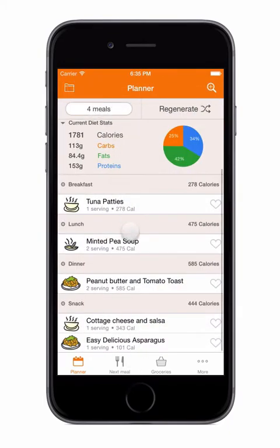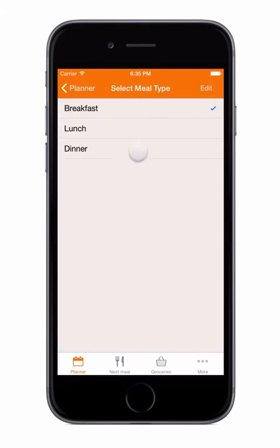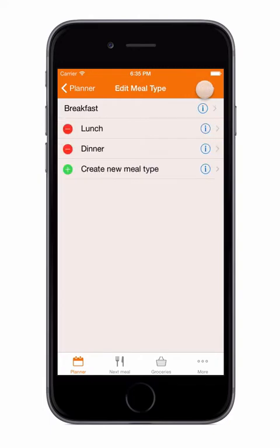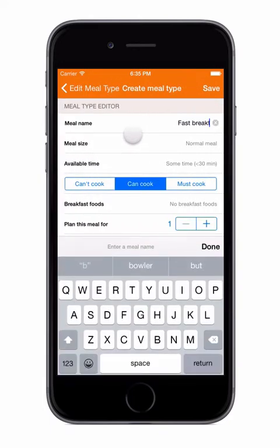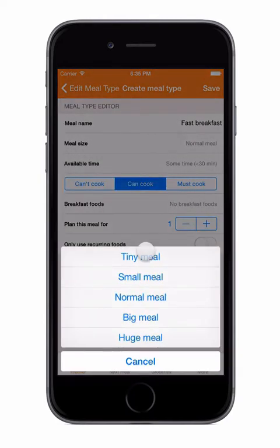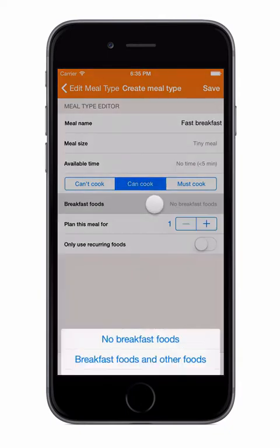Now let's go back to the planner view. The last major thing I want to customize are the meal types. So if you tap a meal's name, you can edit the meal's options or create new meal types. To demonstrate, I'm going to create a new meal type and call it fast breakfast. It's going to be a tiny meal, not have much cook time, just use breakfast foods, and be just for